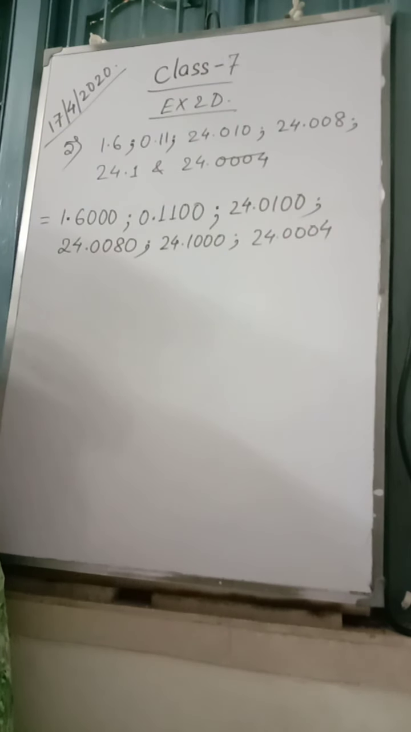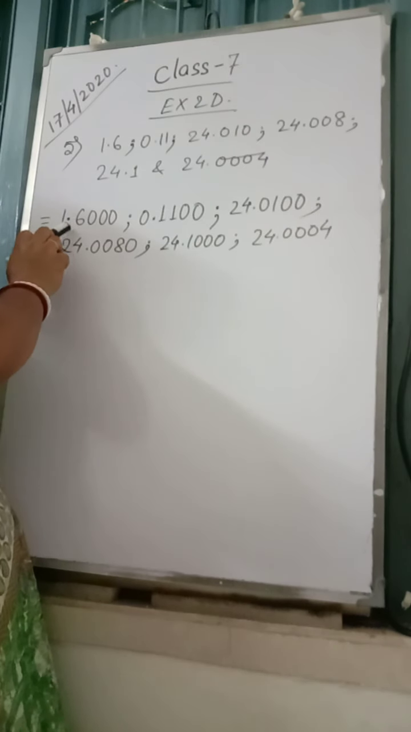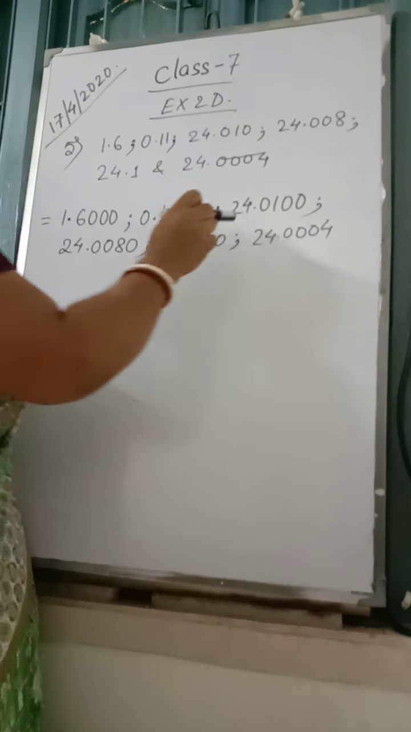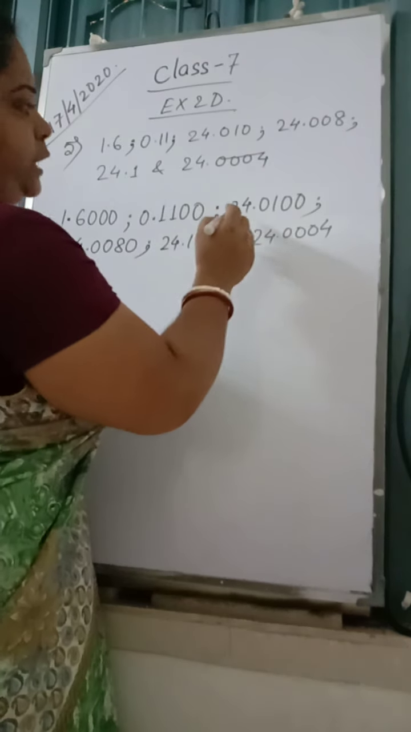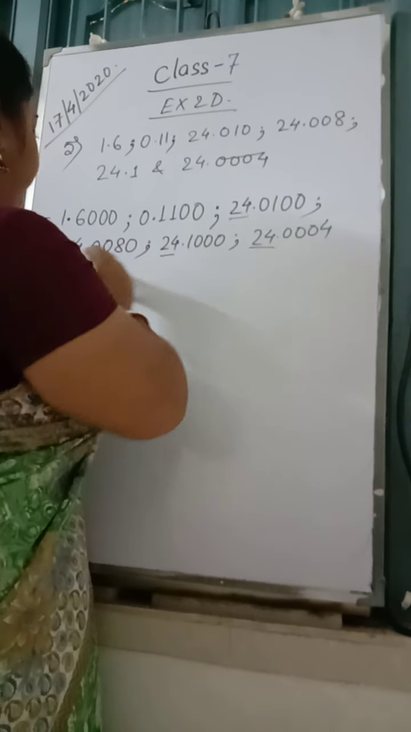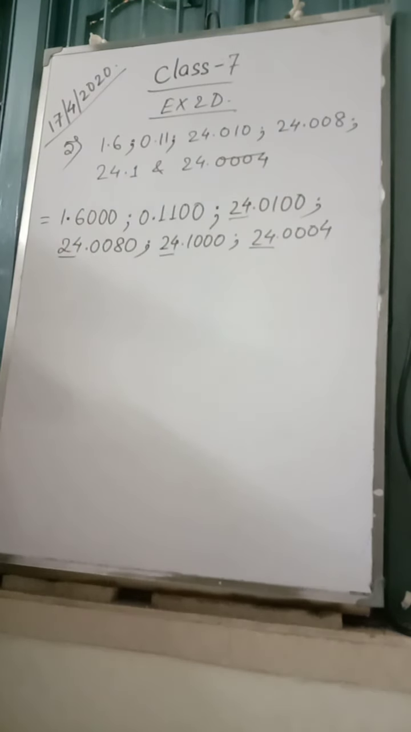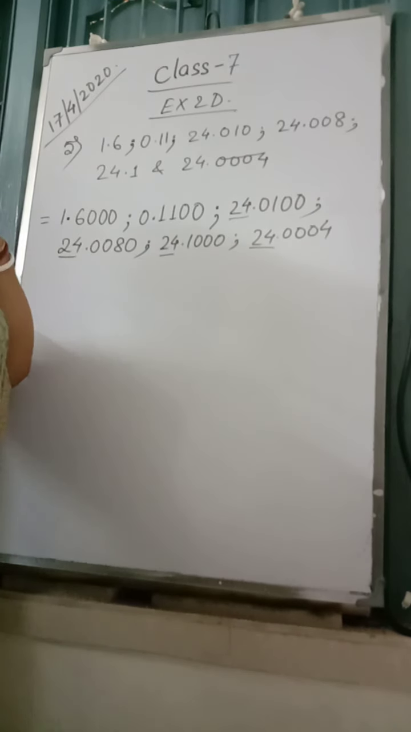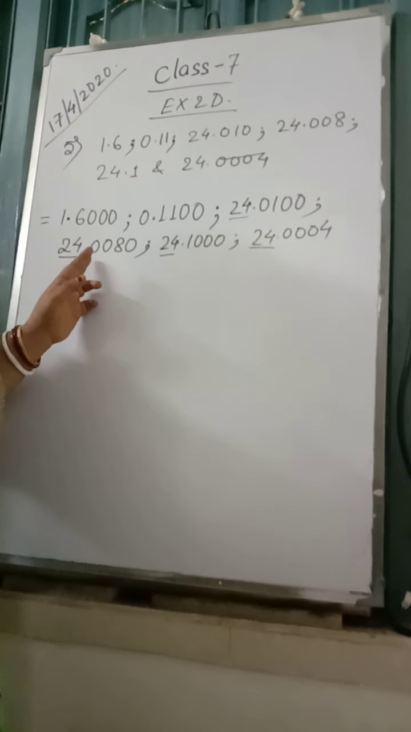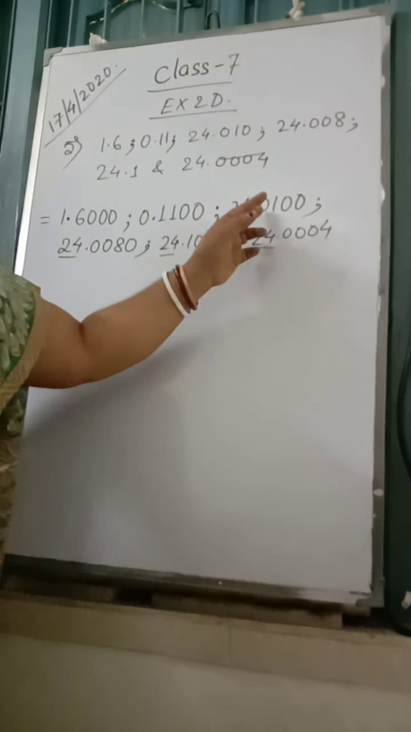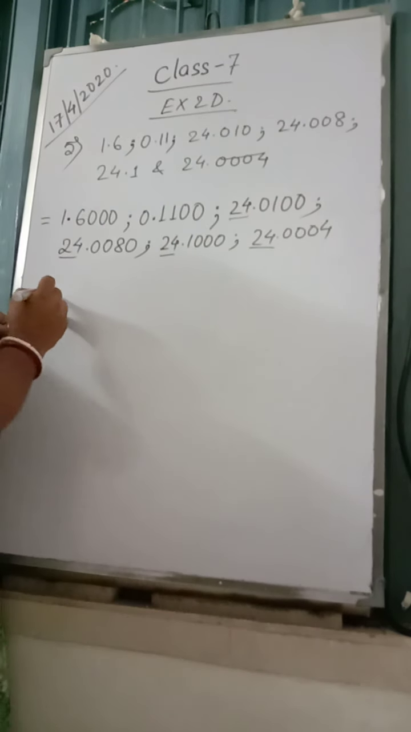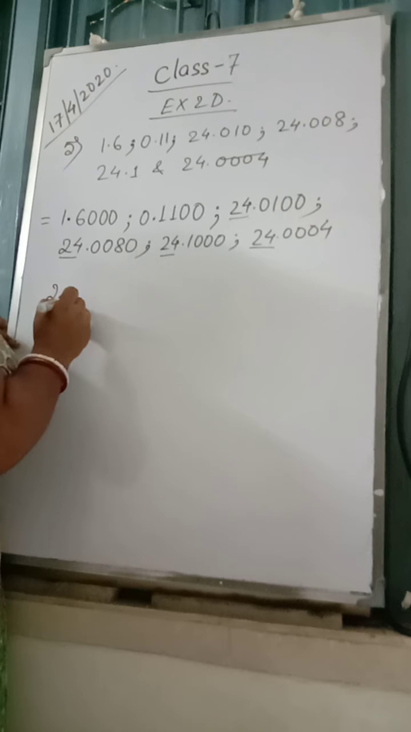Now you see, I have to compare them and write them in descending order. Now 1.6, there is nothing integer. So these two are the smaller ones we know. Other 4 numbers, we have 24 as integer. 24, 24, 24, 24. Already the integral part we have 24. Go to the tenth place: 0, 0, 0, 1. So this will be the biggest number. So I have got the first number, that is 24.1